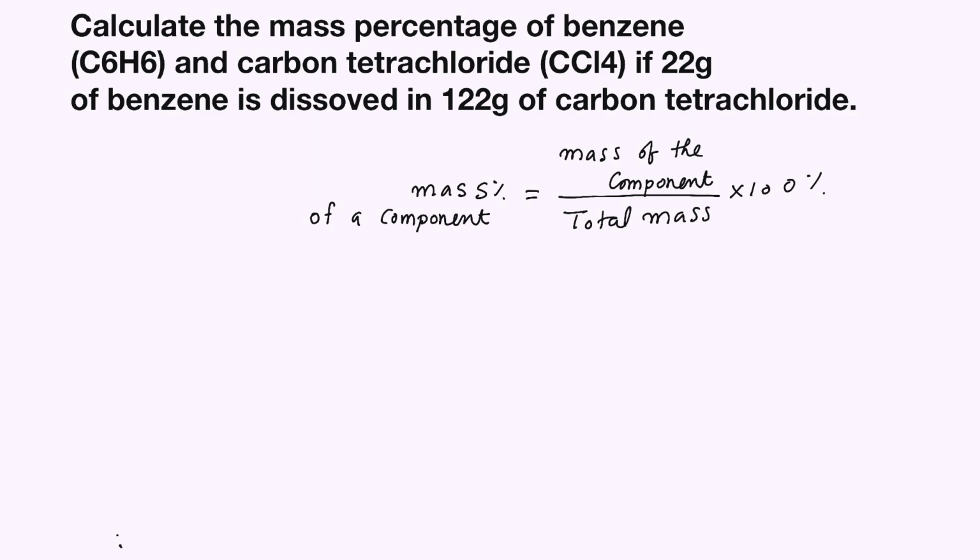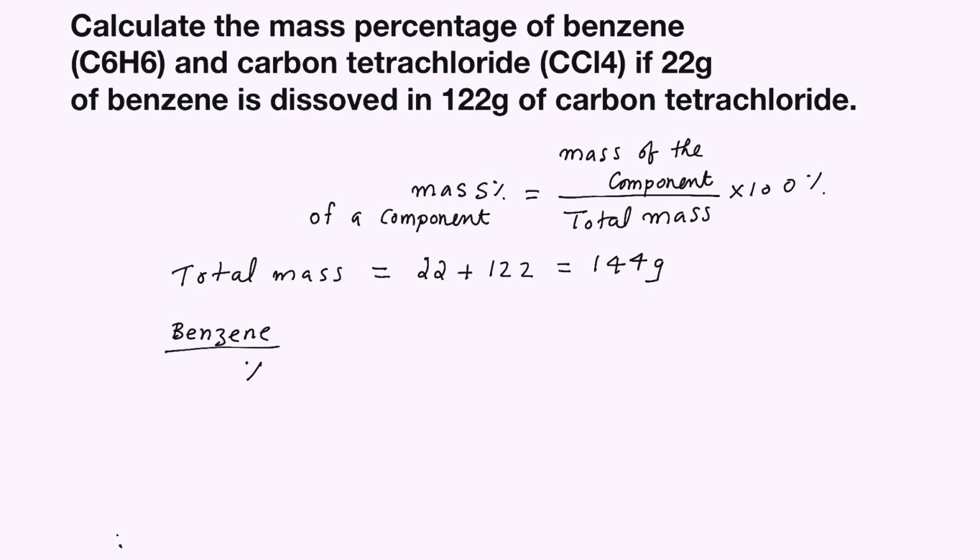Okay, let us calculate. Here, what is the total mass? Total mass means mass of the benzene plus mass of carbon tetrachloride, which means 22 plus 122, right? That is 144 gram. Now for benzene, we can find the mass percentage. Mass percentage is mass of the component, which means 22, by total mass, that is 144, into 100. On calculating, you will be getting